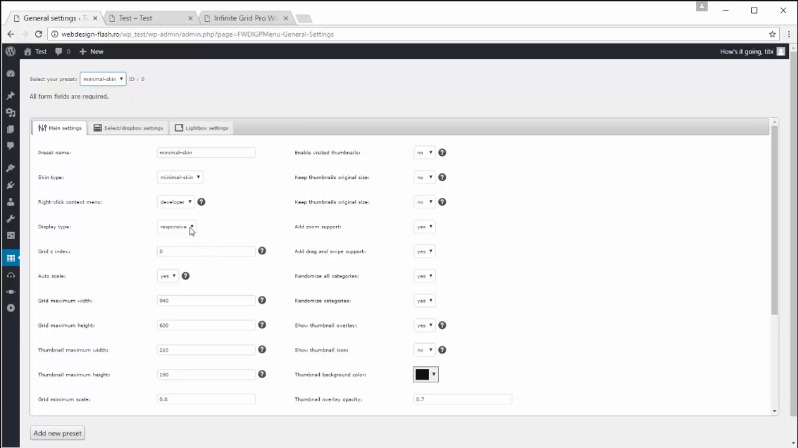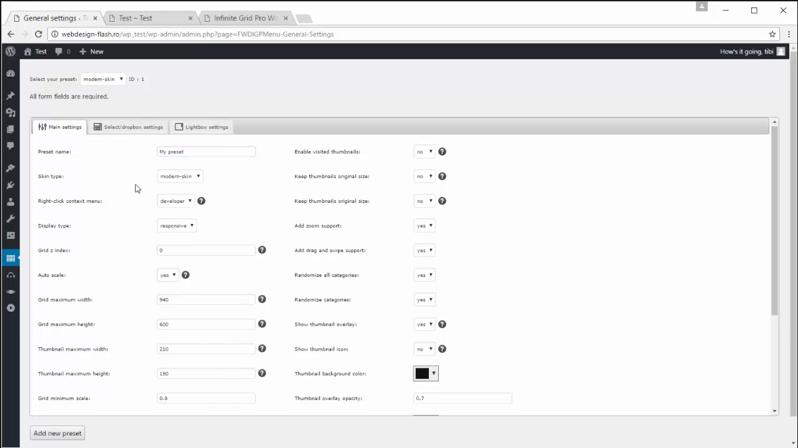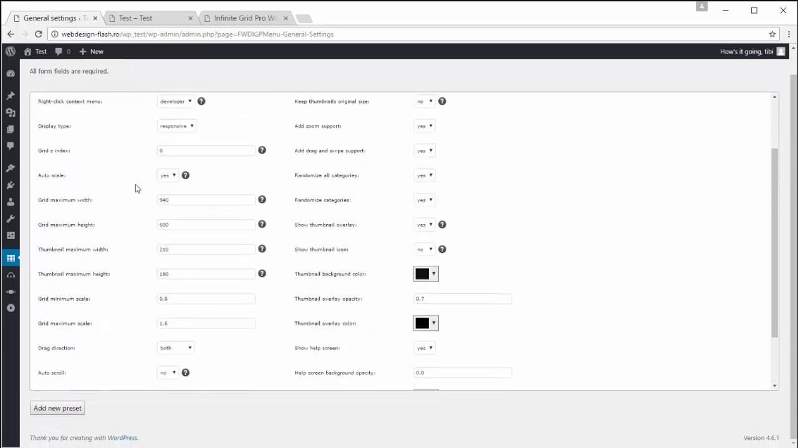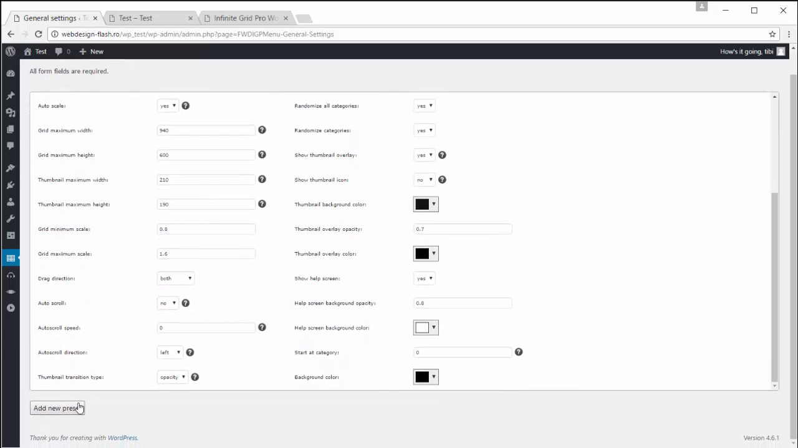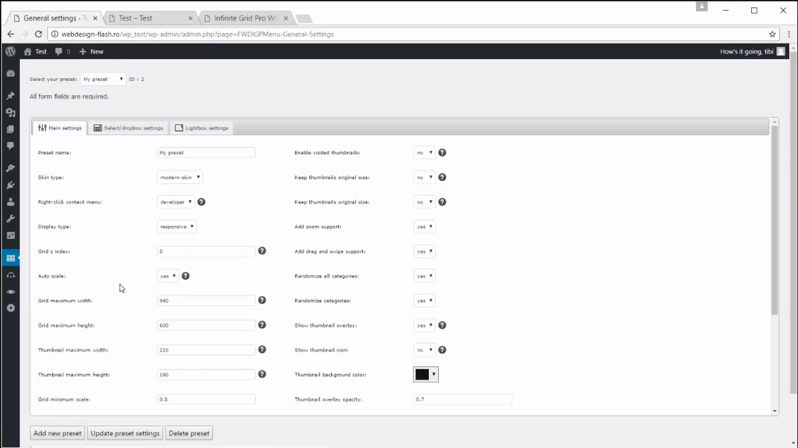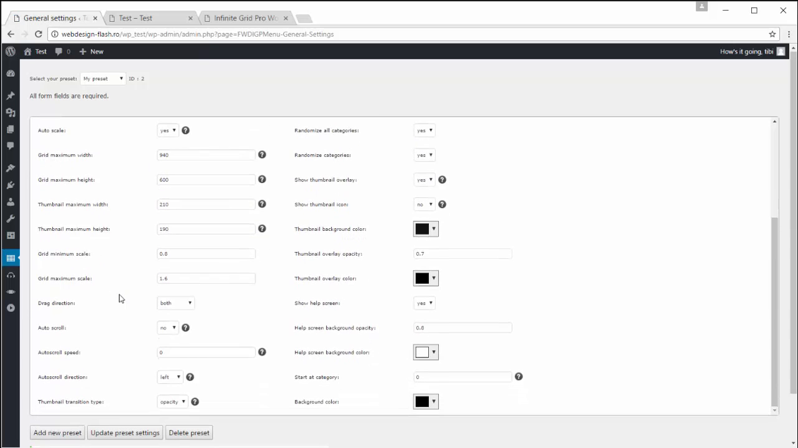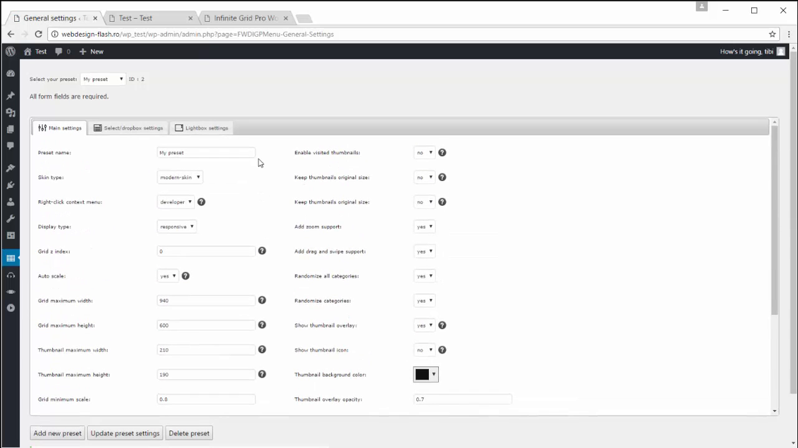So if you want to change any of the settings here, you have to create a new one. We'll choose a template, modern skin, and call it my preset. We'll not change anything here for now. We'll add it. So my preset is in the list, and now you can change any settings here related to the main settings,